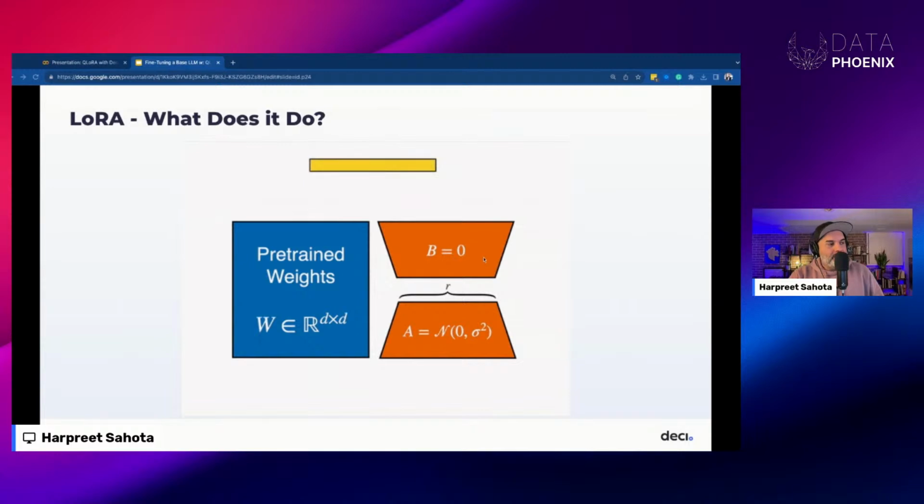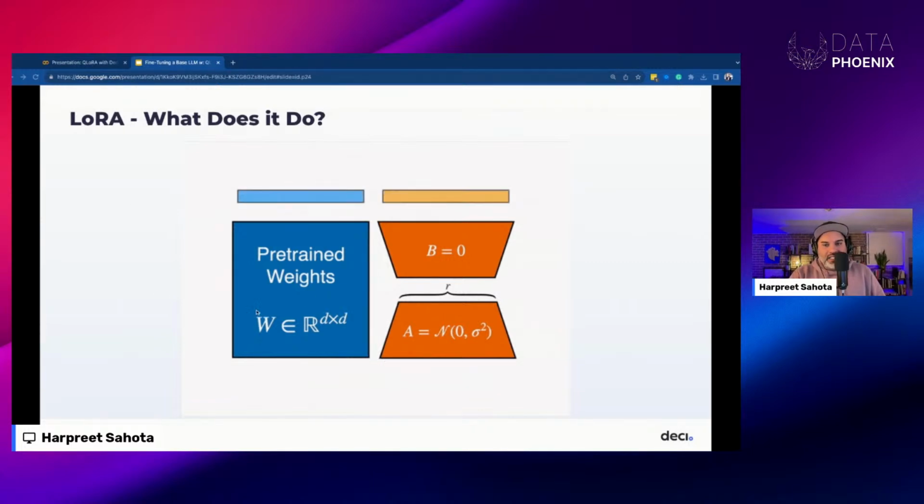Now this delta W matrix that we saw in the previous slide, we can write as the matrix multiplication of matrix A and matrix B. Decomposing the updates as the product of these 2 smaller matrices ensures that the update is low rank, and this reduces the number of parameters that we have to train from n squared to 2 times r times n.